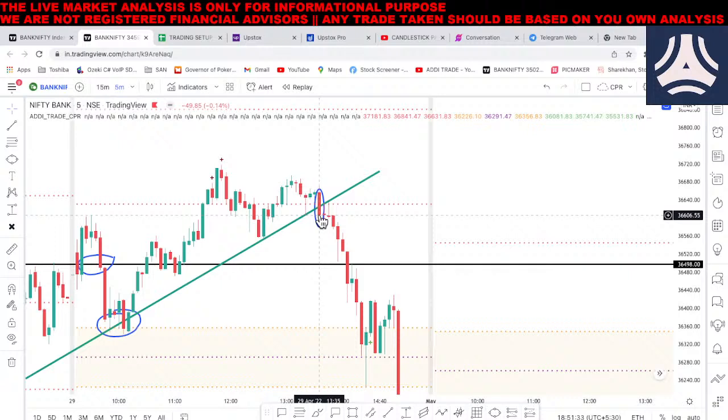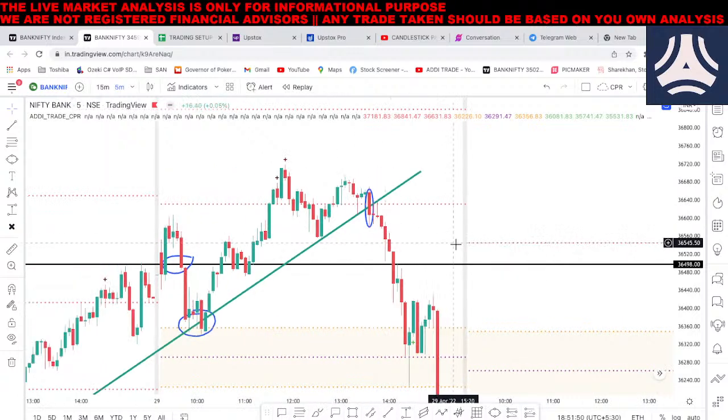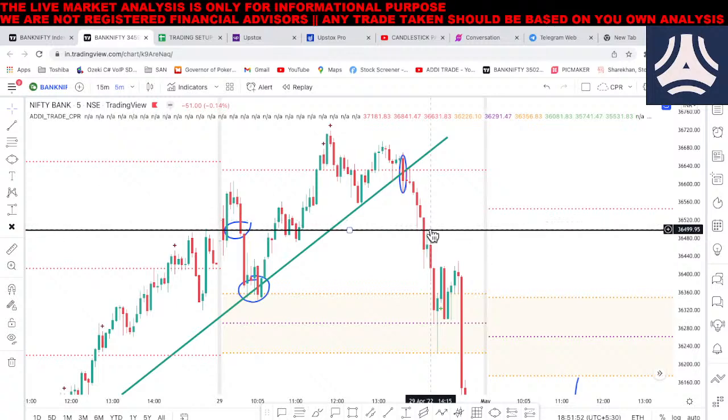So in this case, we can enter at 36,600. See, the price at the money is 36,600. You can enter at the money or in the money, but not too much out of the money. So right now we can take 36,600 or probably even 36,700 put, and the targets would have been the previous